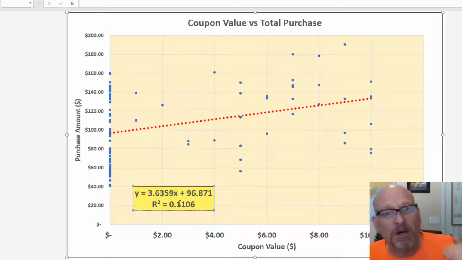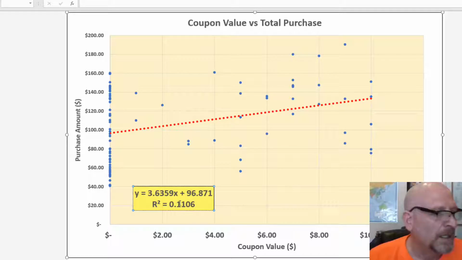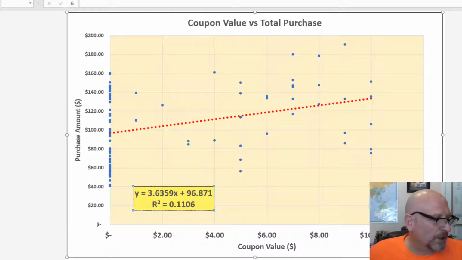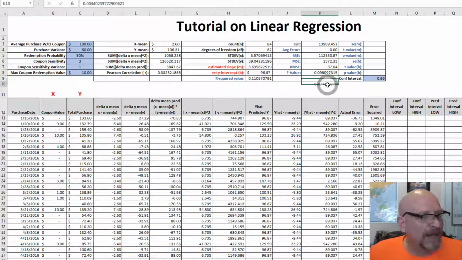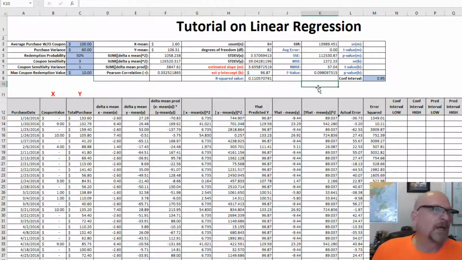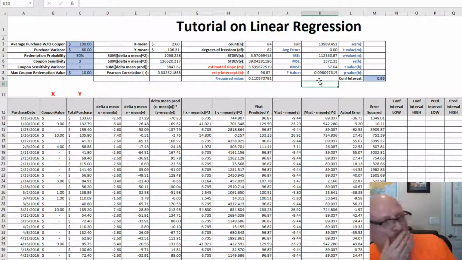So that tells me that this model, yeah, it's a trend line, but it doesn't explain the data as well, okay? And because of that, the F value went up. So we've just confirmed that the lower the F value, the better, okay? And so that's what I wanted to show here. All right, that said,